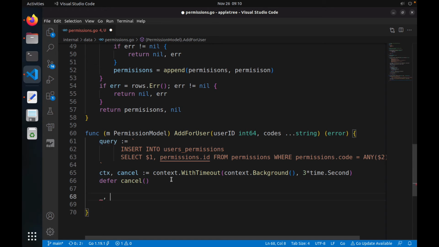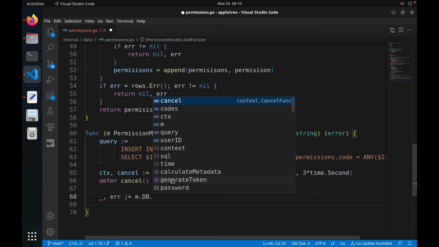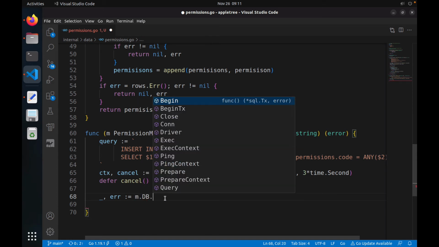So we will simply say m.db dot exec. Oops, made a mistake there. Colon. Okay, so m.db dot